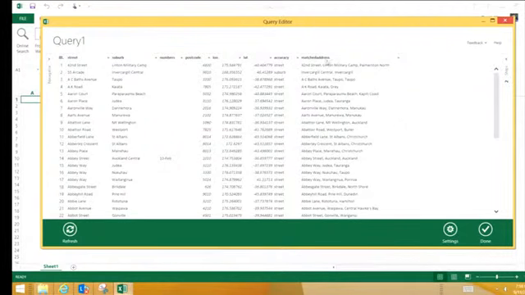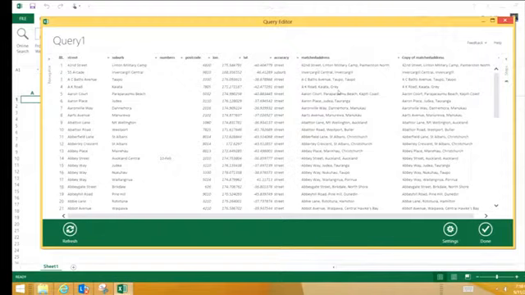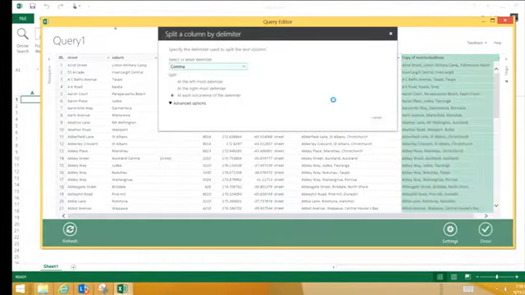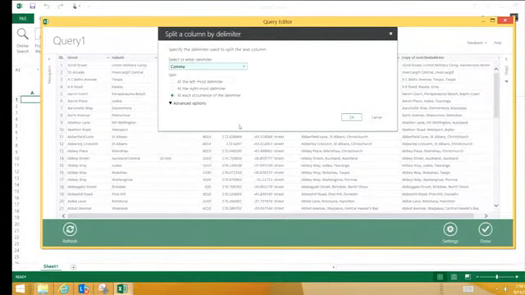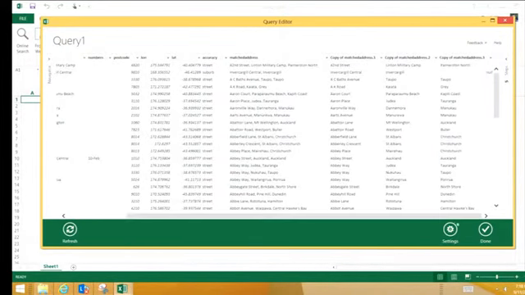What else I can do is I can say like, hey, I have this matched address. What I would be able to do is I would be able to say like, you know what? This is nice. I want to duplicate this column. So this is going to give me a copy. But I also want to split this column based on a delimiter that needs to split at every and each occurrence of the delimiter. Okay? So what I have now is, bang, I just split up those columns right there. Okay? So now that I have this in,